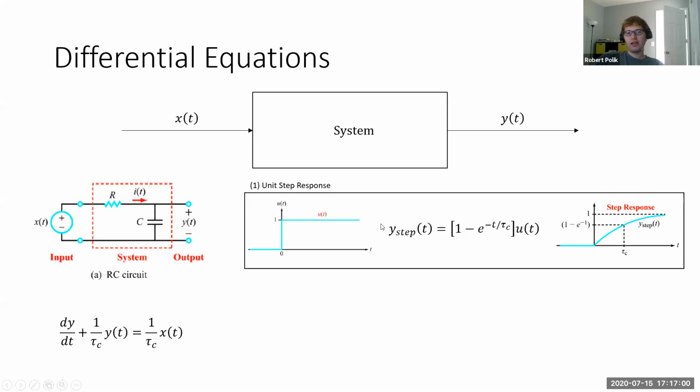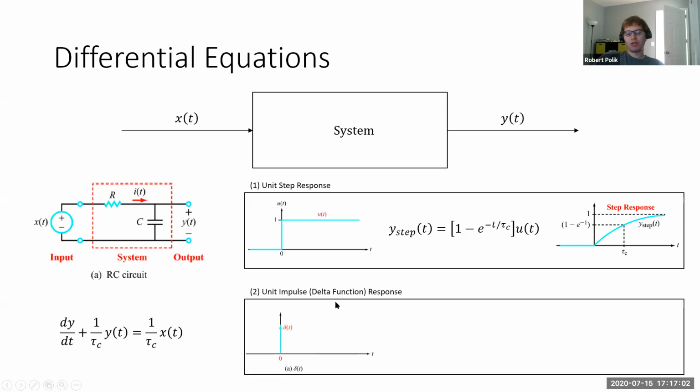So now we're going to apply a different input. We're going to apply the unit impulse. And so this is a weird function that hopefully you were taught at some point in school, but it has a value of 0 at all points except for 0. And at 0, it's undefined. And if you integrate this, the area under it is 1. So it's kind of infinitely tall here with the area under it being 1. So any guesses for what the step response to this looks like?